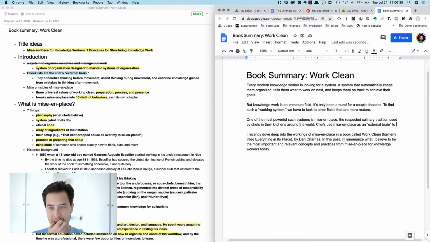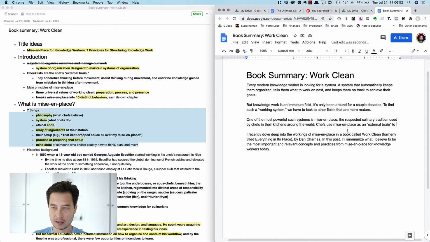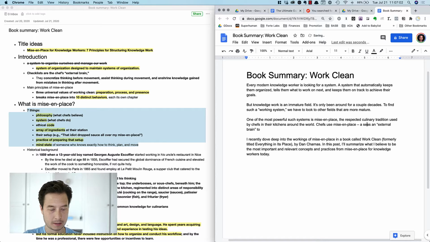So I'm getting the feeling that I can't really go through the whole introduction without saying what mise en place is, at least briefly. I don't have to get into the full seven ways of thinking of this, but I'm thinking right here, I could just say "use mise en place," use a little dash and just say a series,